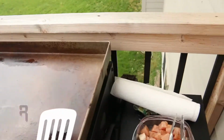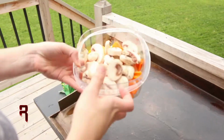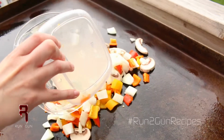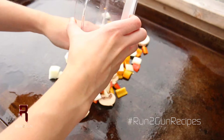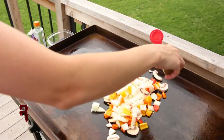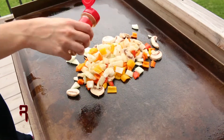We are doing pork tips with some sauteed mushrooms, onions, and peppers that I'm going to get started right away. And tonight, we're doing a little more spicy. We're gonna do a Cajun style pork tips. So I'm also going to season up our veggies with some Cajun seasoning,